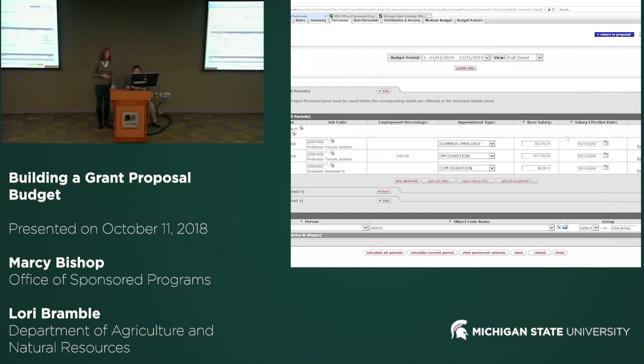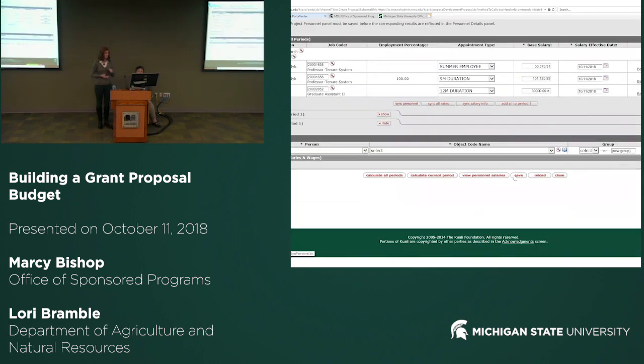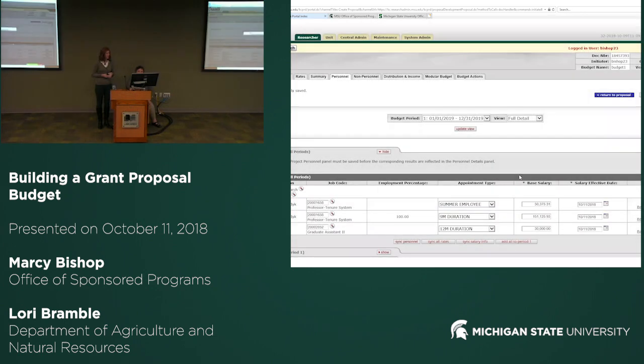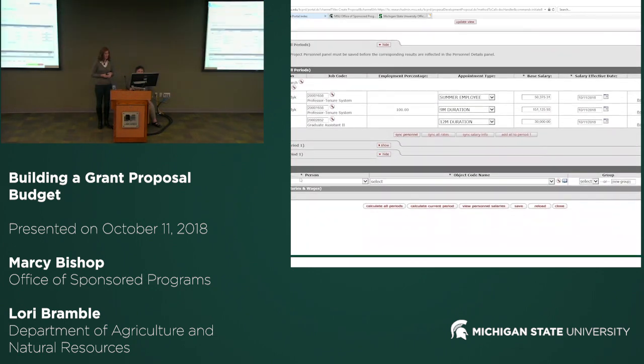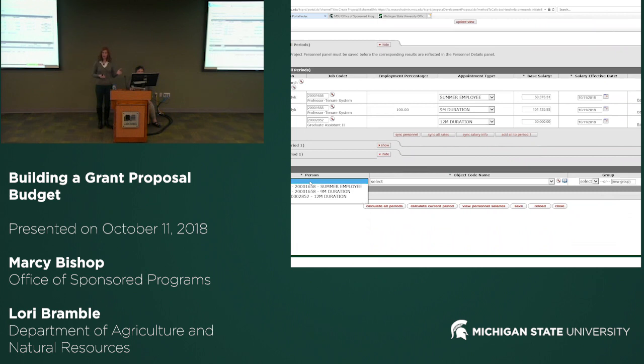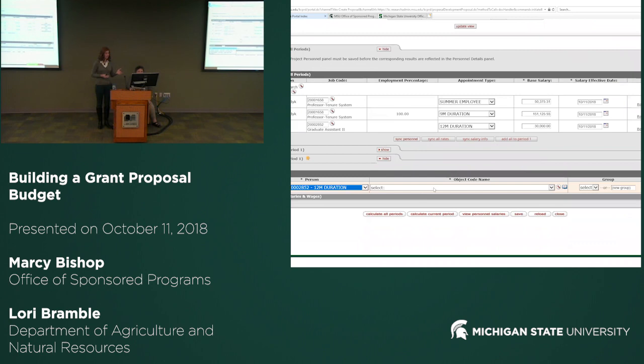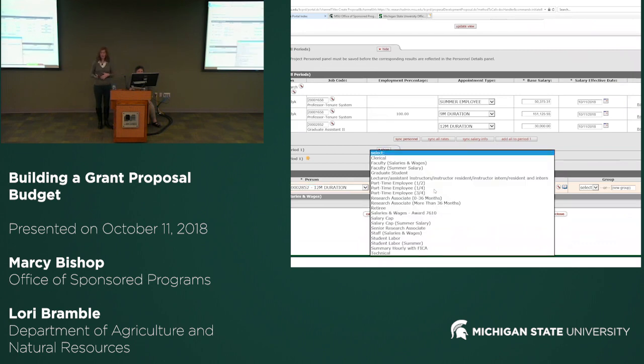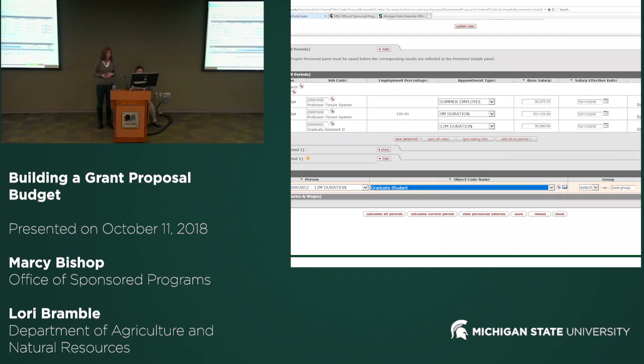We're going to add a salary. Yes. So I don't know if you noticed when you pull the grad student in, anybody that's to be named does not have a salary. So you have to enter that information for them. And then, yep, you're going to click save. And then the same thing, we're going to go to that drop down where you can select the person. So we're going to choose our grad student. And then we're going to select the appropriate object code for the grad student, which is listed right there. And then we're going to click add.